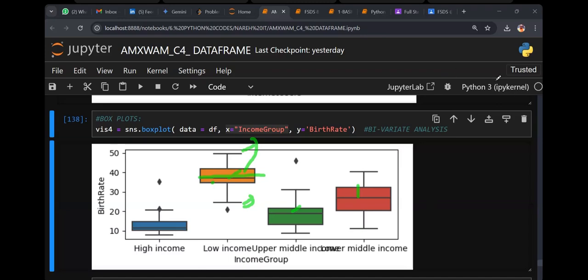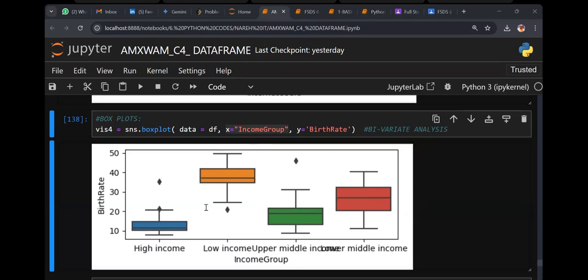So in an interview, can you tell me the plot name which is defined for bivariate? What is the name of the graph? Box plot. I appreciate it, and I see that everyone completed the project. That's great. Okay, I will close it now. Just 1 second. Let's close this file.